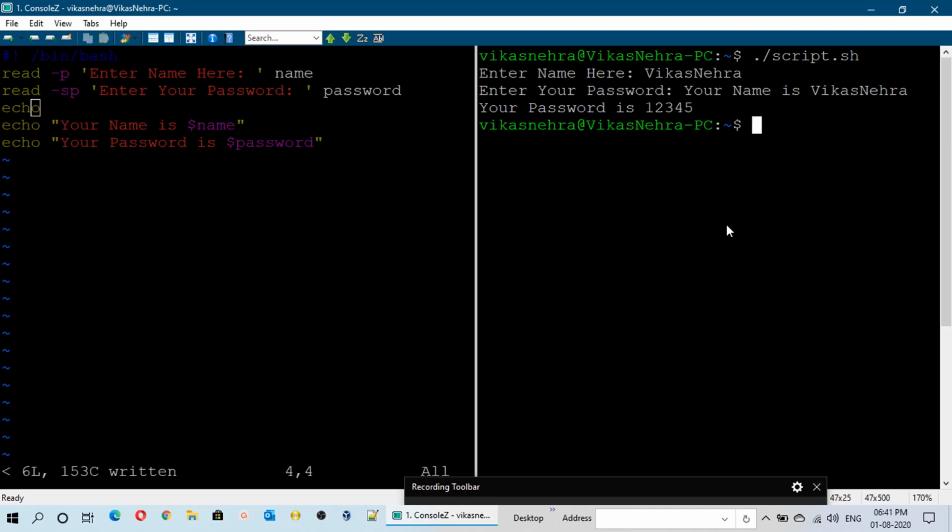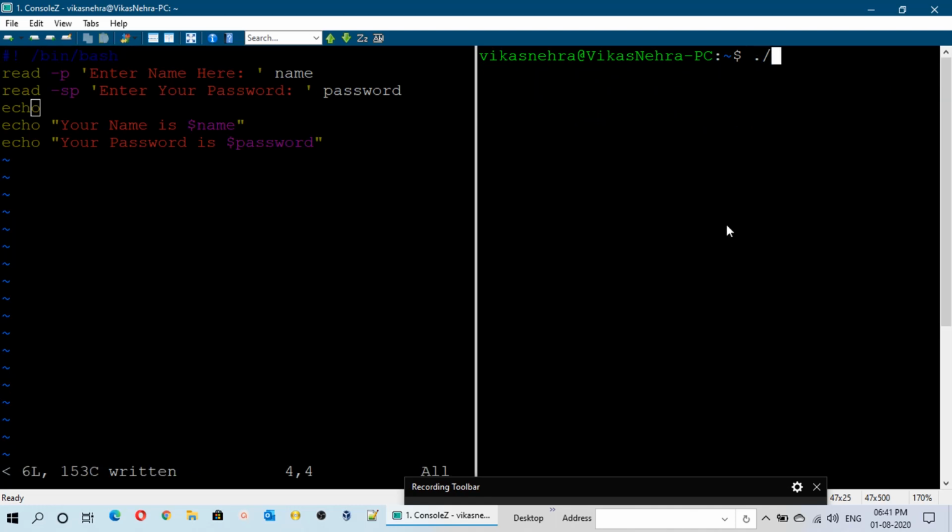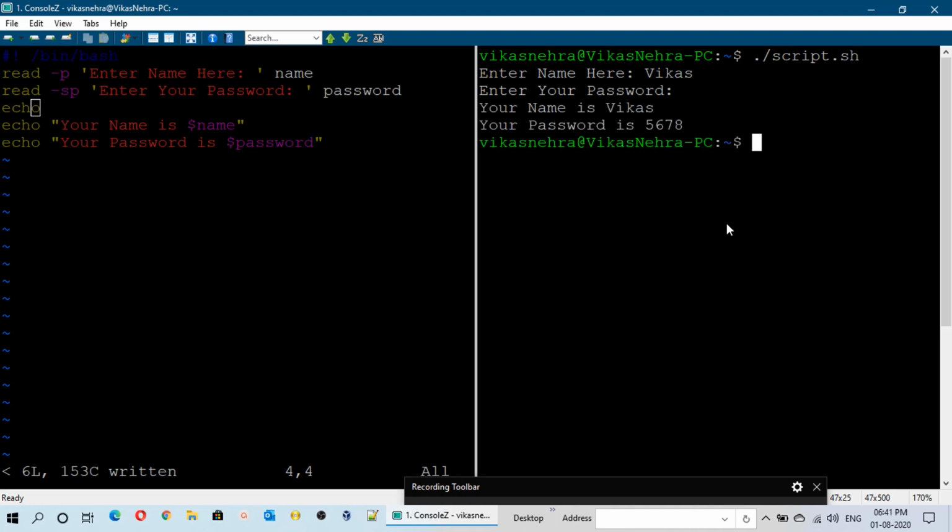Let me run the script one more time on the right side. Now if you mention here the username and password 5678, it will show the name as well as the password in the next line.